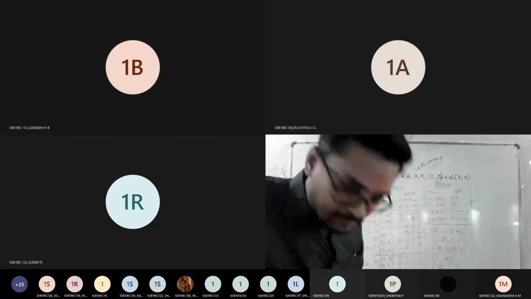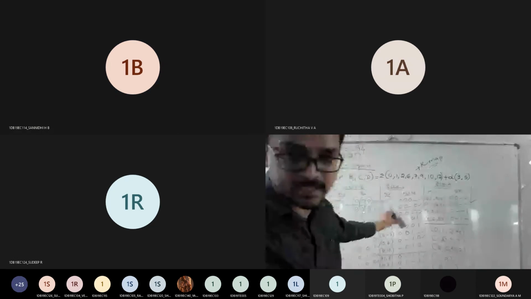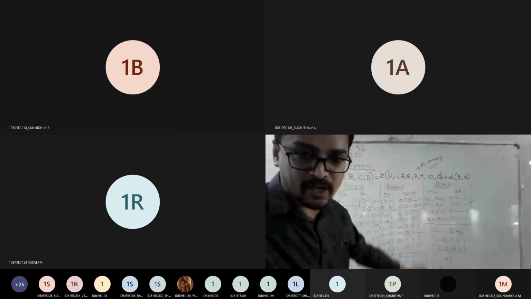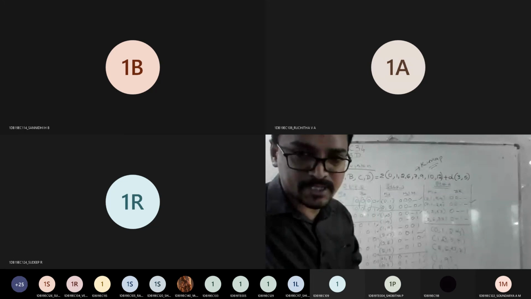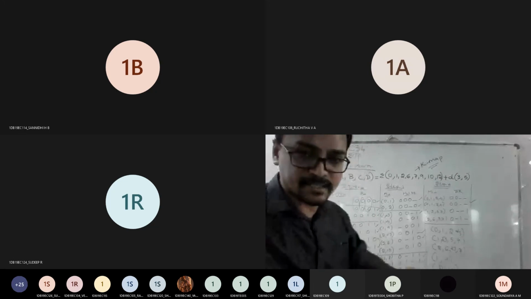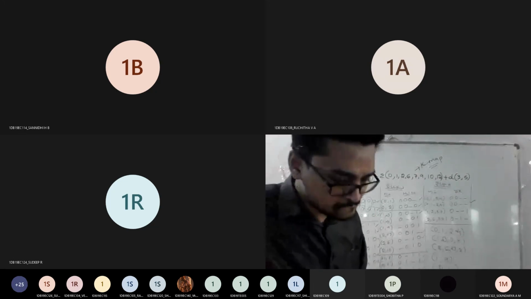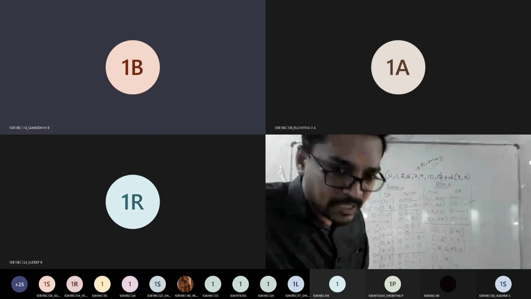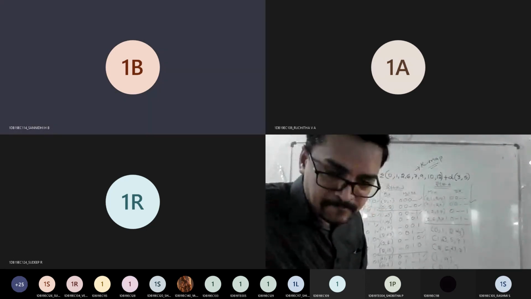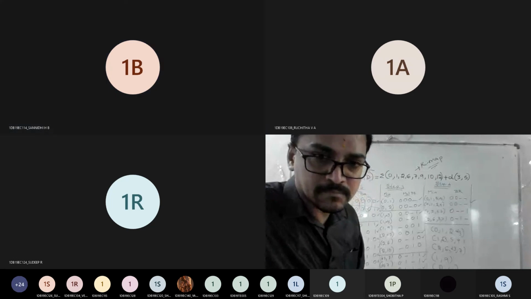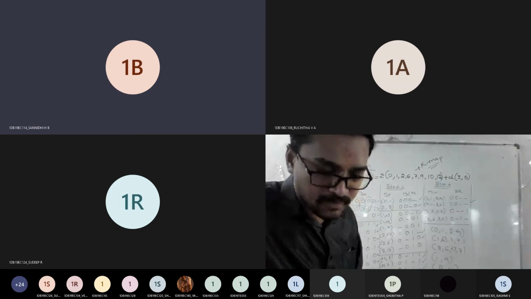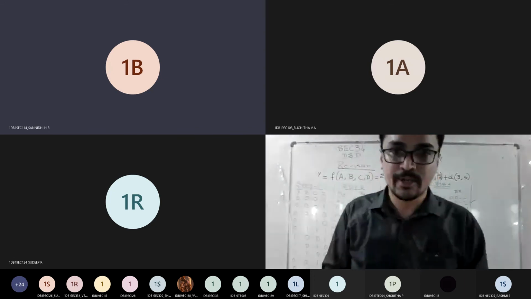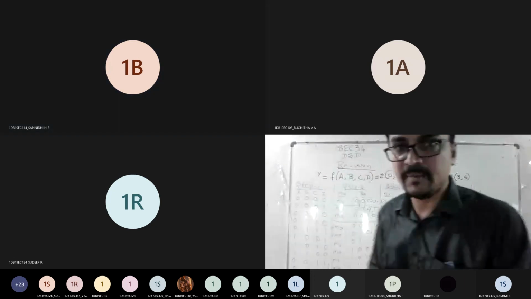Yes, sir. For this purpose only I asked you to put tick marks. Then you will come to know which are matched and which are not matched, and if possible, we can add the unmatched ones in a prime implicant. Is it fine, everyone? Shall we proceed? So what is the next step? You need to build a prime implicant table.